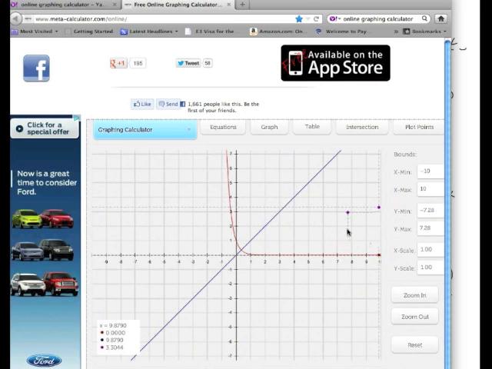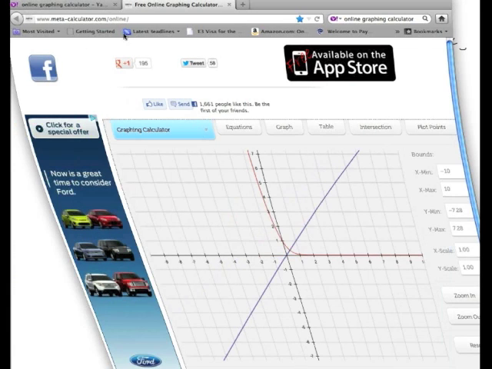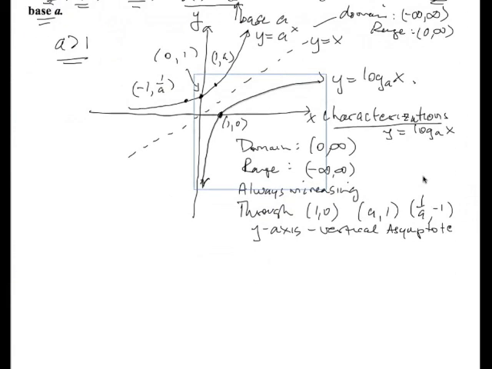Notice what's happening here. It's now coming down like this. Consequently, if we look at the inverse of this, notice it goes through 0, 1 again, so it's going to go through here again. What we need to look at is what this looks like as a reflection. Now, to do that, let's roll this up a little bit and look at what happens when a